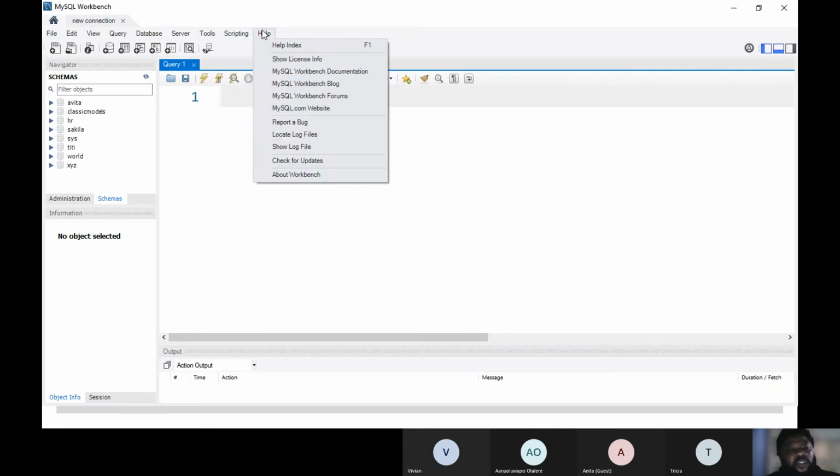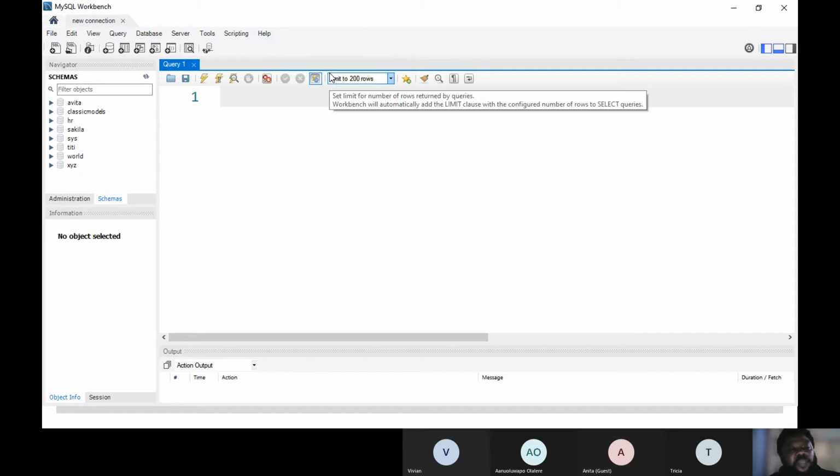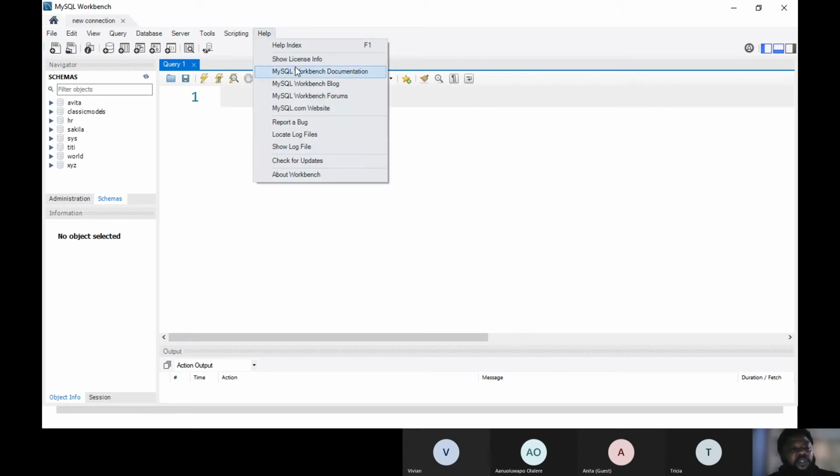So then also you can check for help. You can look at documentation. You remember when we were installing, we asked you to install documentation. This is documentation. So you can read whatever you need to know from MySQL just by clicking on the documentation, right? You can teach yourself from the documentation, or if you need help, you can get help from what? From documentation, or use your help index to get that, right?